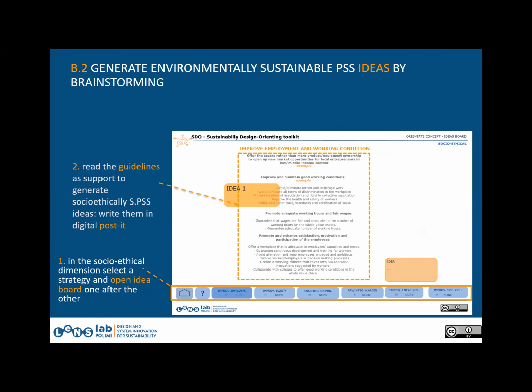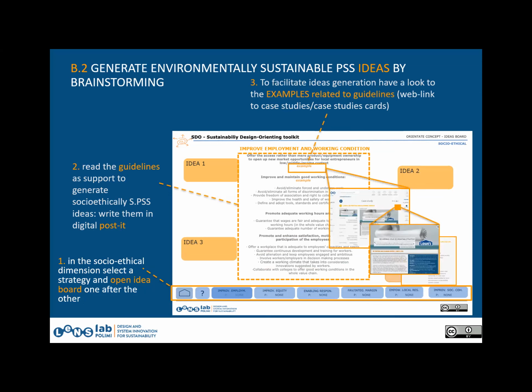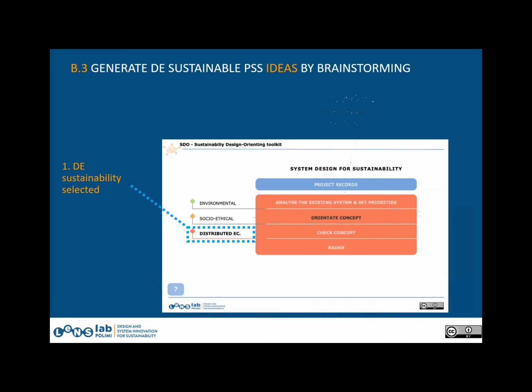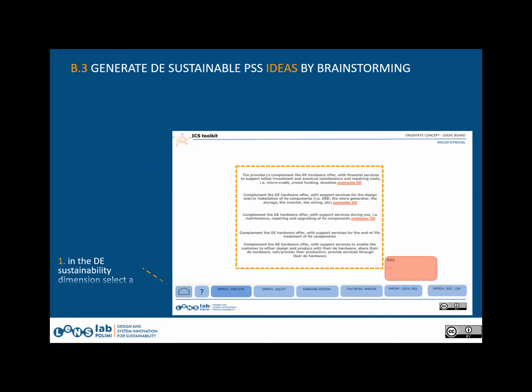Then again, you have a similar kind of workflow. You select from the bottom each of these: improve employment, improve equity, enabling responsibility, and so on. You select each one of these one by one, and the set of guidelines will open up, which will help you populate ideas for that. And then you can add pictures or links or whatever you want to help you populate your ideas. Then if you have a distributed economy, you go into DE